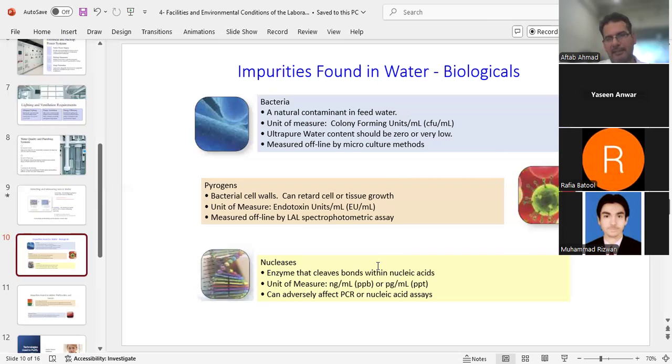These are not the cells itself, but in some cases we treat the water, and that water is free from microorganisms